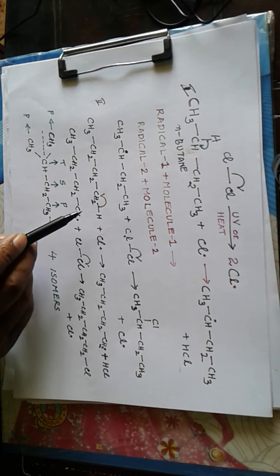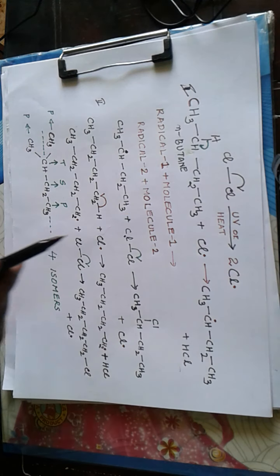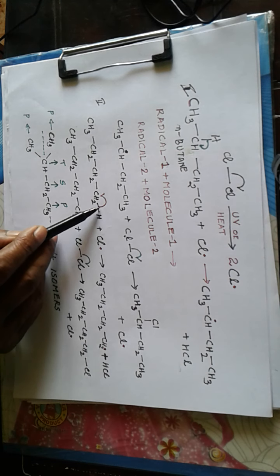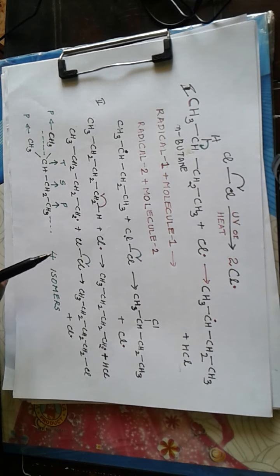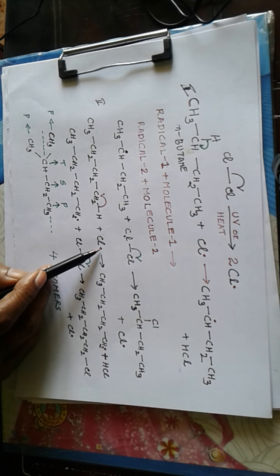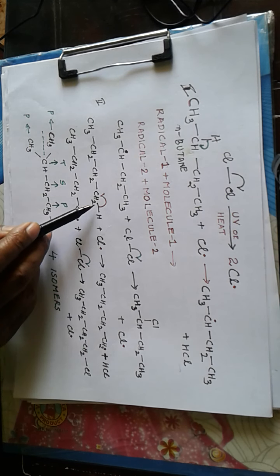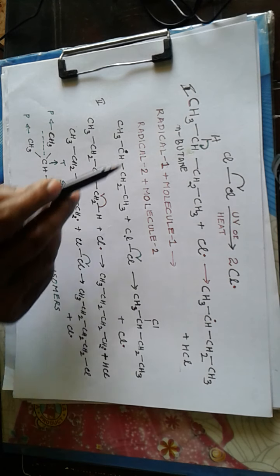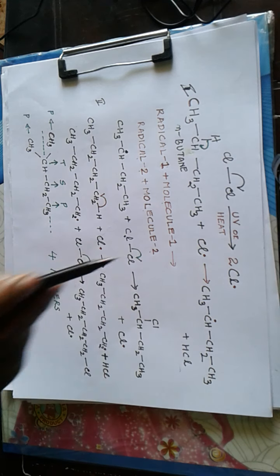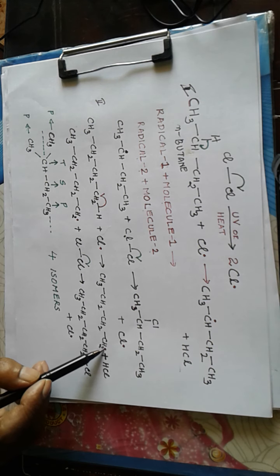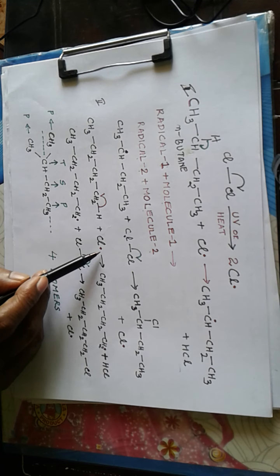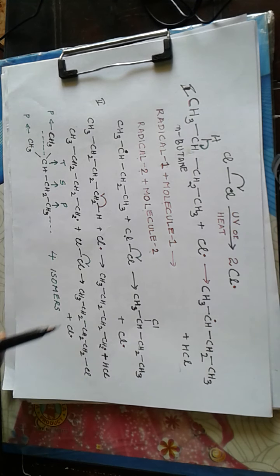Now suppose the end carbon atom, the methyl carbon, is undergoing homolysis of the C-H bonds, then we get an H radical combining with the chlorine radical. So in the presence of a chlorine radical, this molecule undergoes homolytic cleavage, obeying the equation radical 1 plus molecule 1 giving radical 2 and molecule 2. So we get a radical centered here, and this H radical created here combines with the chlorine radical, producing an HCl molecule,